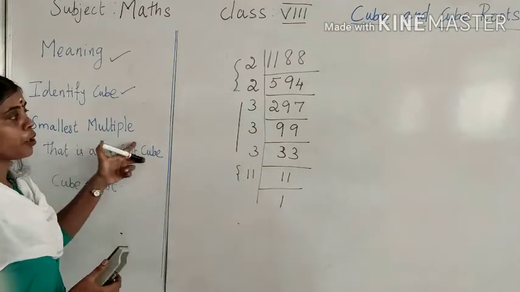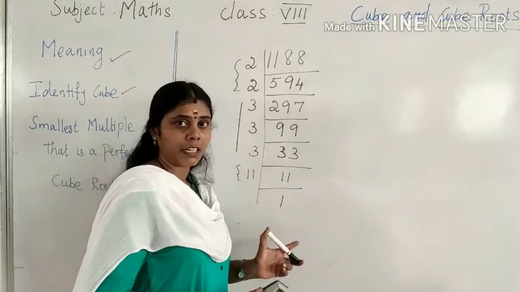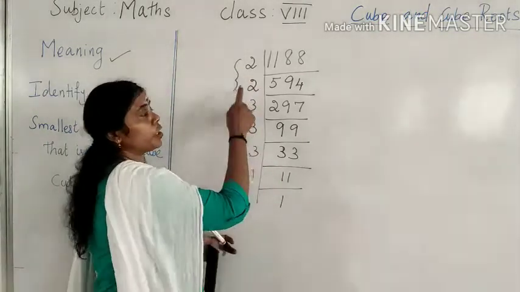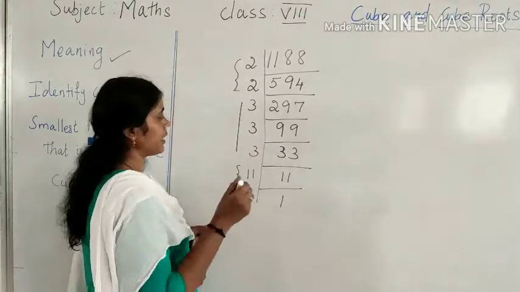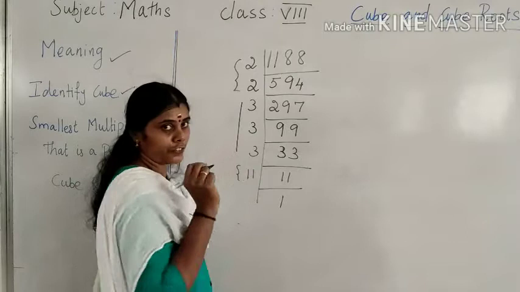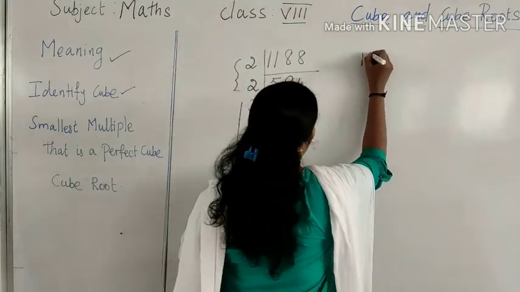So that smallest multiple is which number? Whichever number is not having the pair, that number you have to take. Here we need one more 2, right? And here we need 2 more 11 to make the perfect cube. So if you want to make the perfect cube,